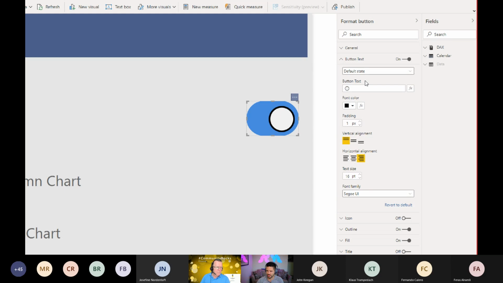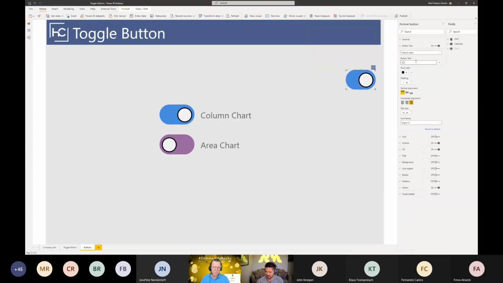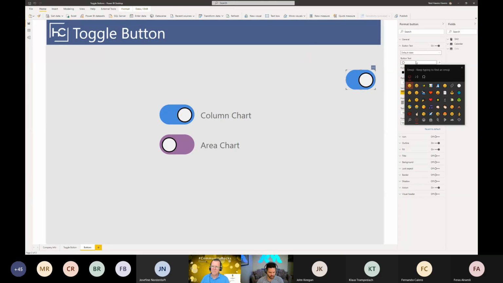Now, the actual symbol that you see in there comes from the emoji keyboard on Windows. So I need to zoom out for this because my zoom tool does not like this pop-up window. But if I press the Windows key and semicolon, I get a pop-up for an emoji library from the Windows computer. And if I look for circle, there you go, it gives me everything that has a circle in it, including this white circle, which ended up looking perfectly like a little dot in the button itself. So I ended up using that one to represent the little slider toggle.